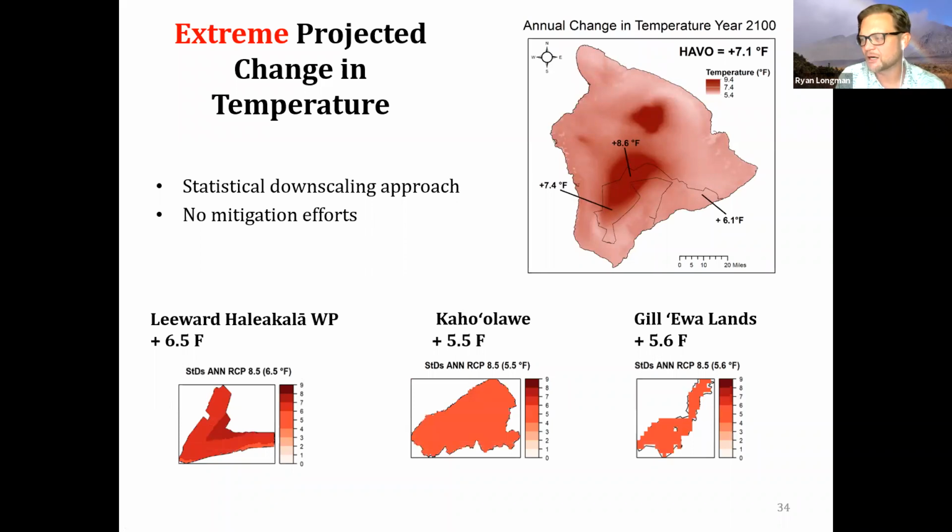And then looking at some of the other places that I pulled out of the portfolio, maybe not as extreme as this high elevation on Mauna Loa, but again, 6.5, 5.5, and 5.6. And this is for the extreme. We do nothing about mitigating carbon in the atmosphere. And this is from one of the statistical downscaling approaches that we use. So again, I'm showing you the worst case scenario as far as what we have available, but even the